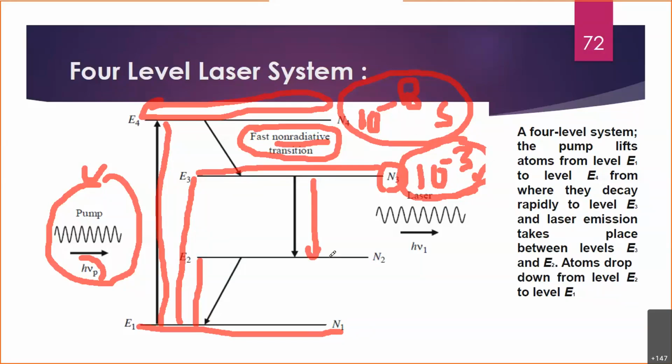That means here it is in this case. Okay, so what will happen? When it is coming down to this level 2, it is emitting the laser from this side. Remember I have given you h nu 1. In the beginning I considered h nu p corresponding to the maximum energy level difference between level 1 and level 4. But here this h nu 1 corresponds to the energy level difference between level 3 and level 2 only. That's why I have denoted it with some different nu 1.